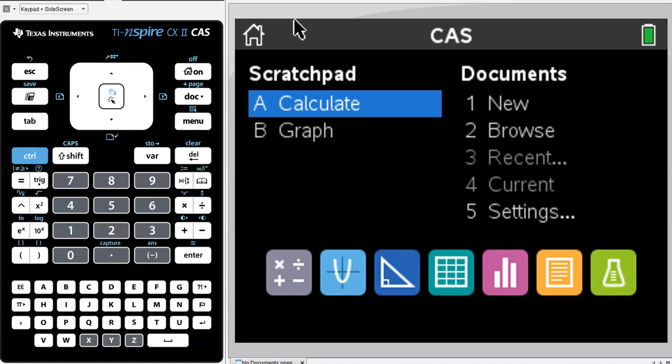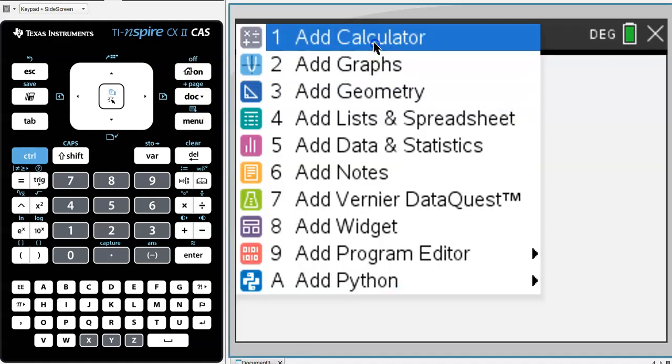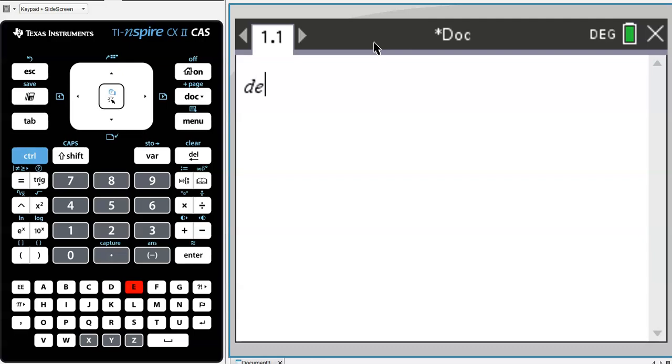In this video, I'm going to show you how to use definitions inside the TI Nspire to help us solve quadratic formula problems or quadratic equations. So in the Nspire, if we create a new document, add a calculator page, we're going to utilize the command